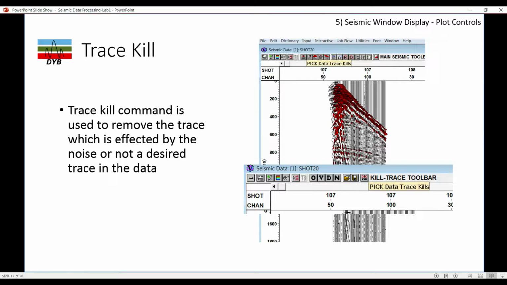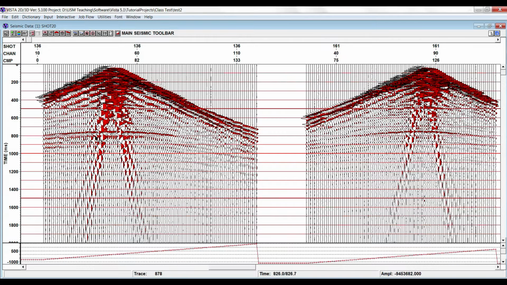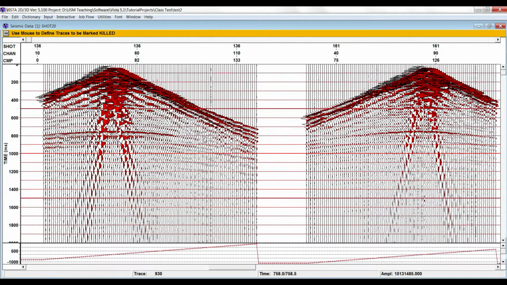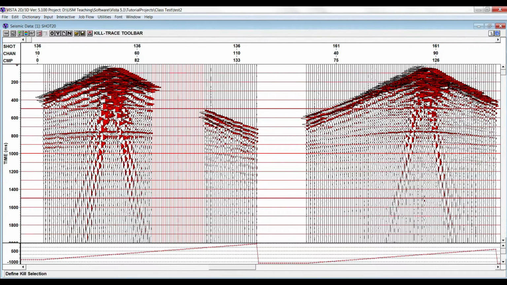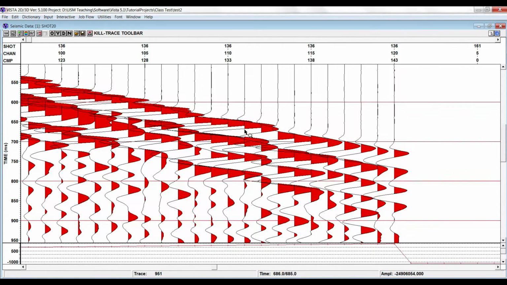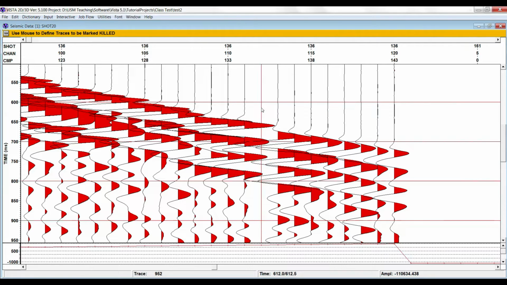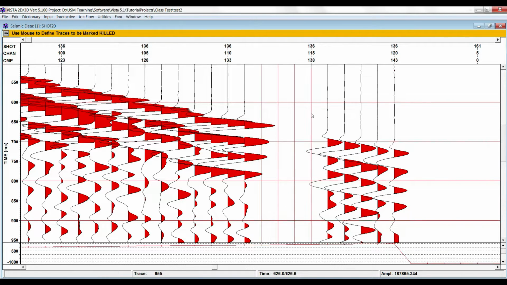Okay, I will show you in the software how we do that. So this is your trace scale icon. You click on trace scale. Now you pick the data for trace scale. This whole window you can kill. Let me zoom it in. If you want to kill this one,